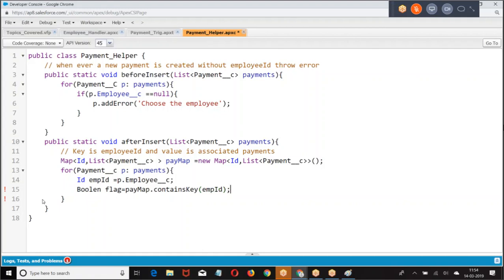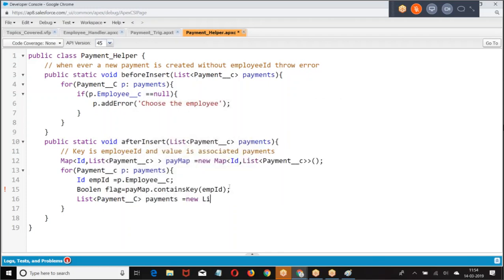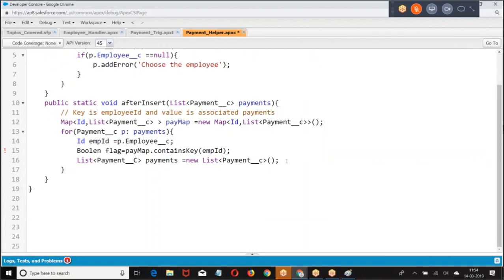If the map contains the key, then I'm going to check. This is what I give. The same logic we explained in the earlier case. If flag equal to true,